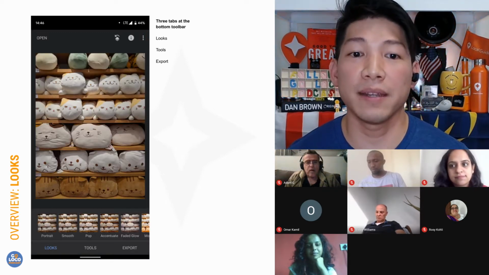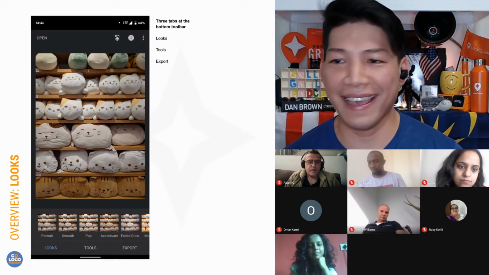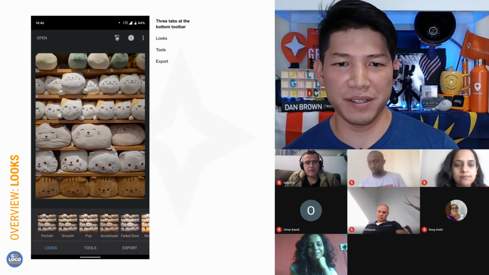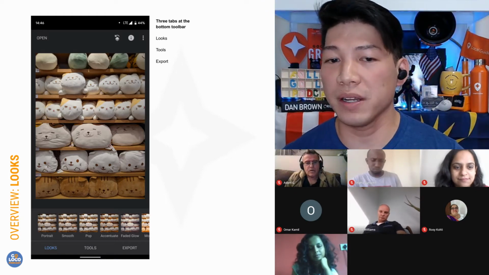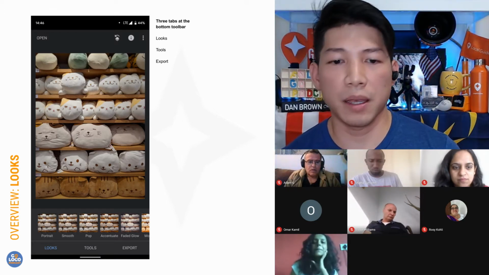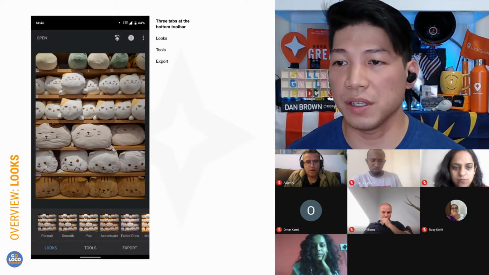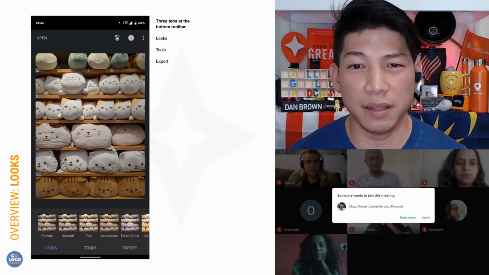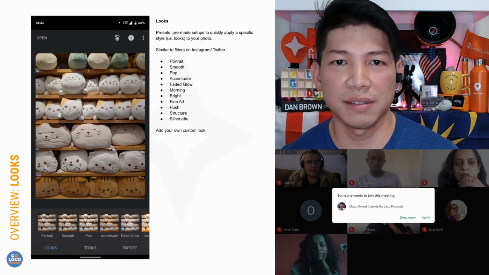Okay, the next slide that you see, once you load up a picture, in this case, I've chosen cats plush toys, is the default screen that you see. You have 3 buttons at the bottom toolbar: looks, tools, and export. And it always defaults to looks first. Looks is basically presets for